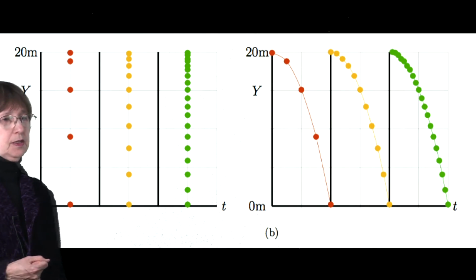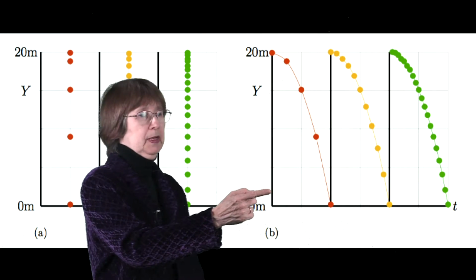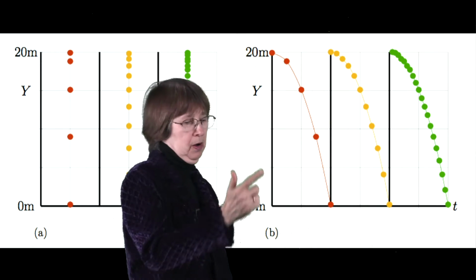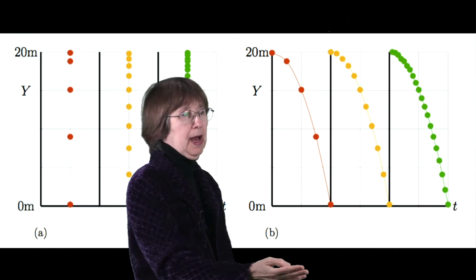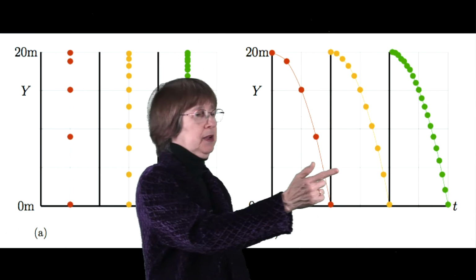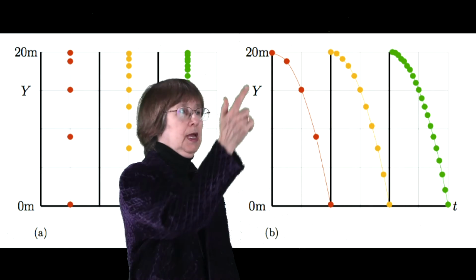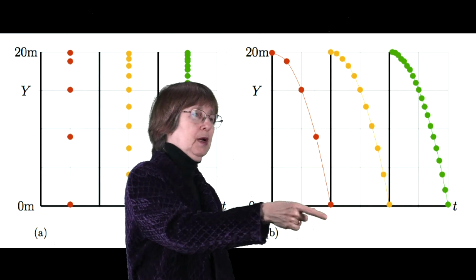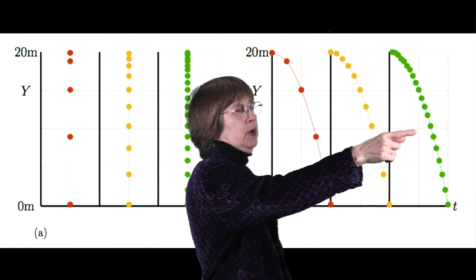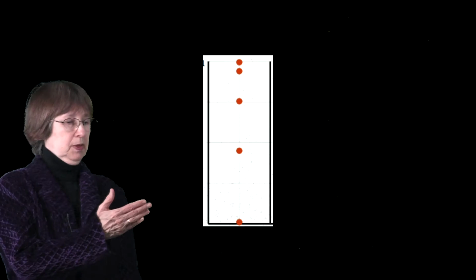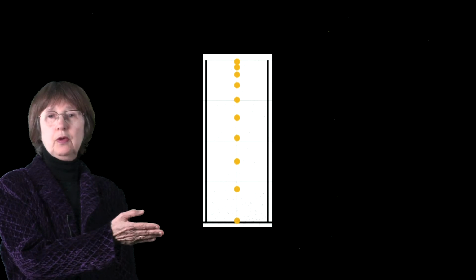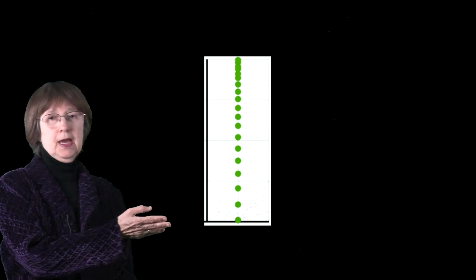these successive instants. Here what we've done is graph this data on a y versus t axis, and we see the same set of three graphs. Again, one of them has only a few time points, another one has more, and the third one has yet more time points. This is the first image, the same thing with more time points, and again the same thing with